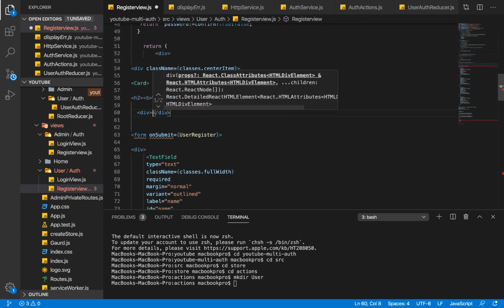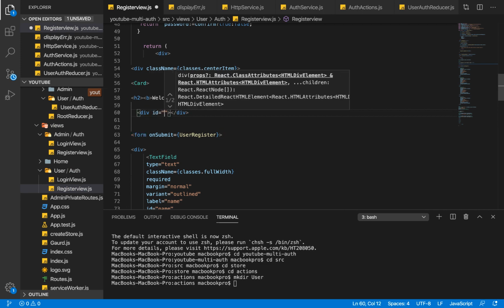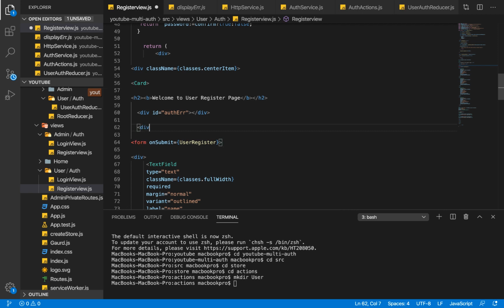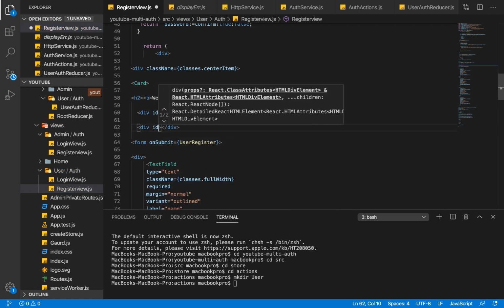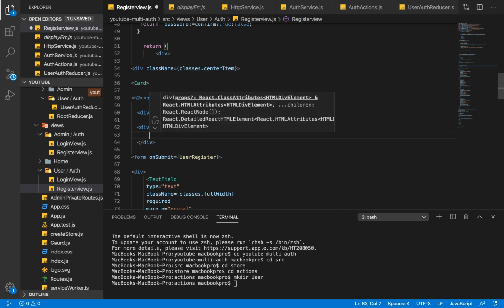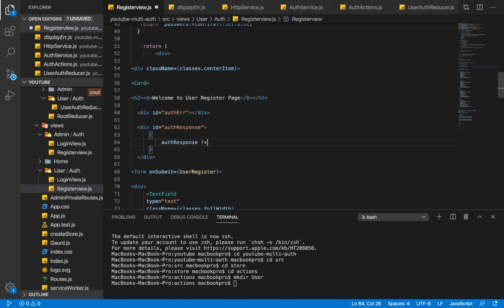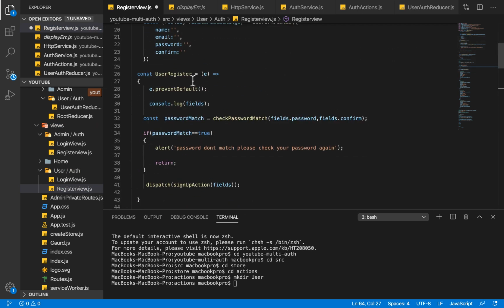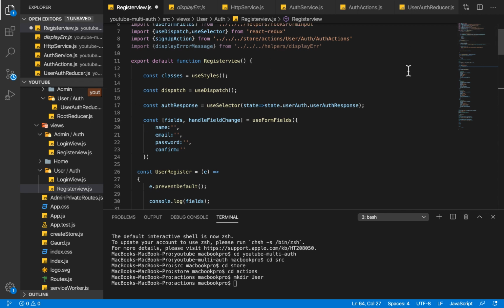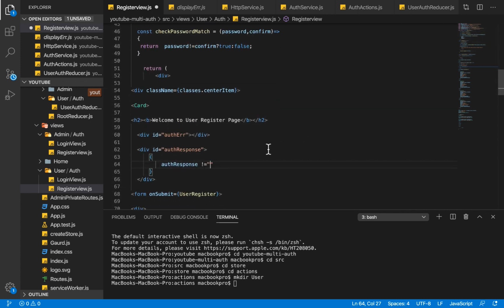The first div element is going to be responsible for showing our error messages. So I'm going to call this auth error. And then the second div element is going to be responsible for showing our success messages, and I'm going to call this auth response. And for our auth response, I'm going to come here and say if auth response is not an empty string. Remember, we have auth response right here. Okay, so if auth response is not an empty string